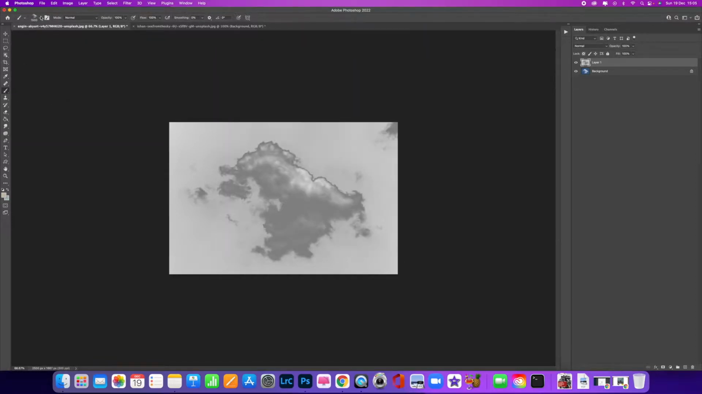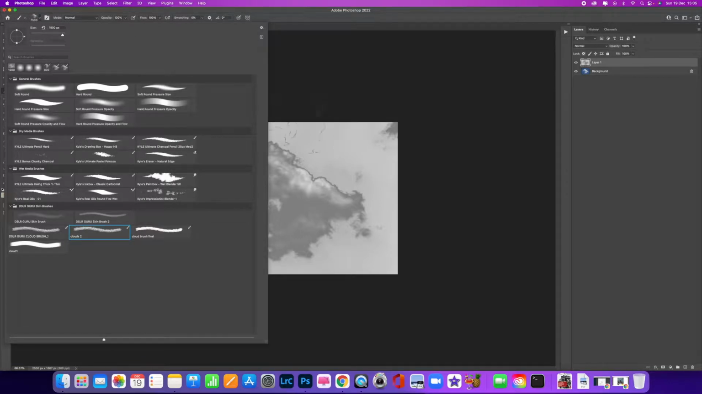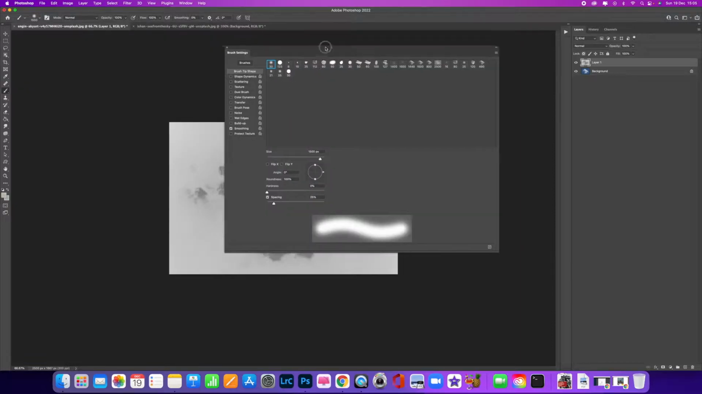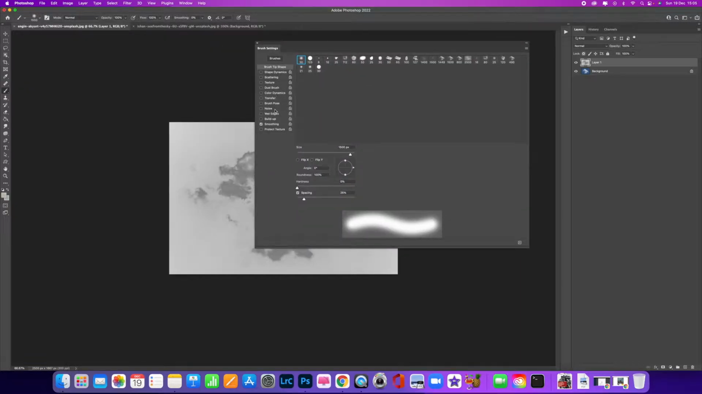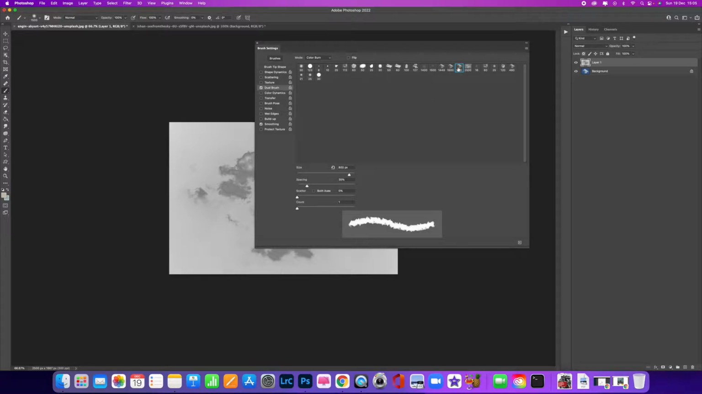If you come up to the actual brushes at the top here, you can see this is the same as what we just had up, but it's just easier for you to see it larger. So if we click on soft round brush and then press F5 to bring it up in this dialog here, you'll see on the side it's got dual brush, which is here. So if we select that and then select the brush that we just created, which for me was this one here,